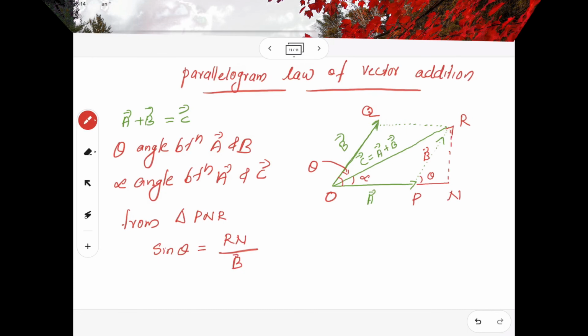So RN, I can write it as B sin theta. RN is B sin theta. So I am writing RN here as B sin theta. Now as per the rule from the parallelogram law of vector addition, the magnitude of C I can write as,